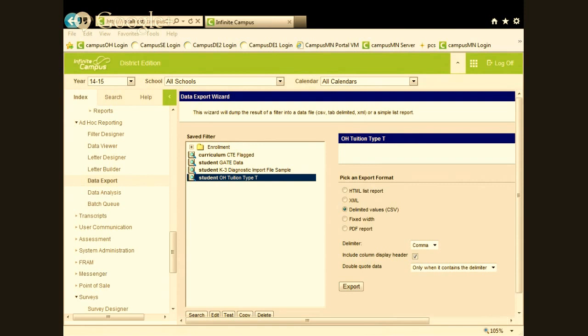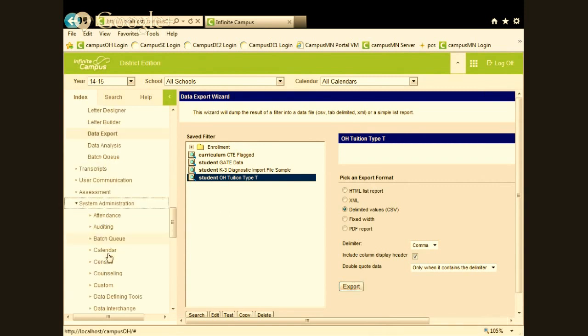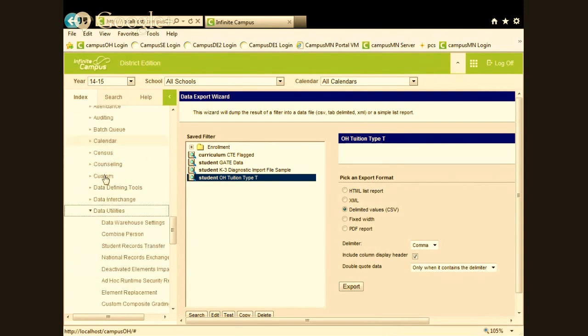So for the SQL, I'm a SQL guy, so when we write the SQL query, could we just write that in Management Studio and then import them into the filter area as a report? That's one option. We have a task scheduler where you can do a SQL statement right into the front end of Infinite Campus as well. She can open that up.